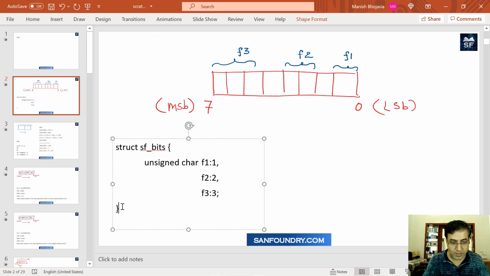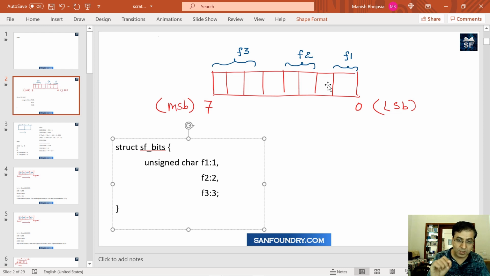Now the question is, is this representation 100% correct? How do we know whether it is correct or not? We have to figure out a little more detail. For example, if we are saying F1 is 1 bit, what about this one which is missing in this area? We have not represented it anywhere. So how will the system know, or how will the compiler know, that F2:2 really represents these 2? Why not these 2?